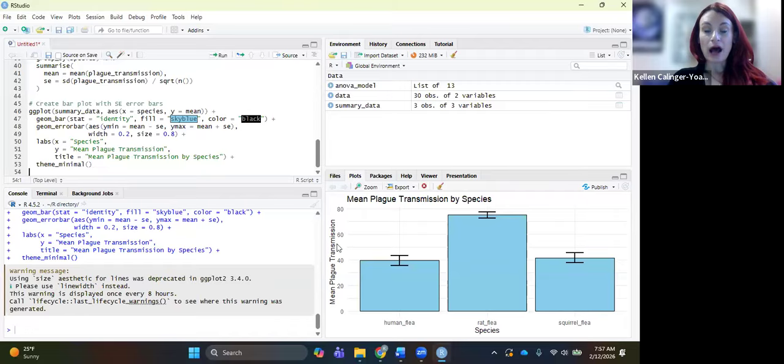Okay, so at this point, I've got a figure of mean plague transmission by species that demonstrates the averages for each of those groups with standard errors. Now, right off the bat, this looks pretty good. Now, I do also have a warning message here. Warning, using size aesthetic for lines was deprecated in ggplot2. Please use line